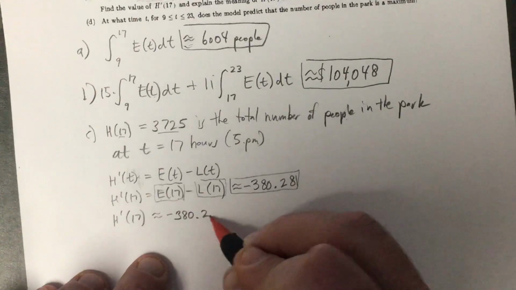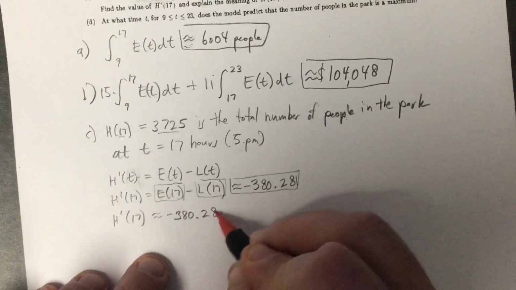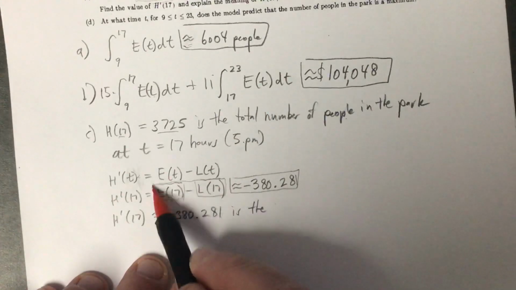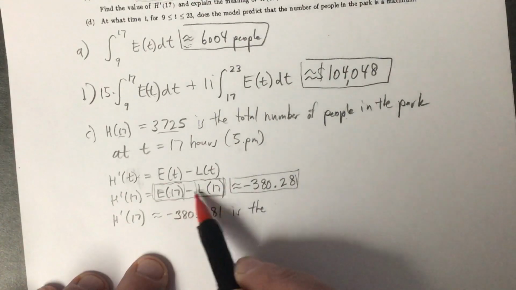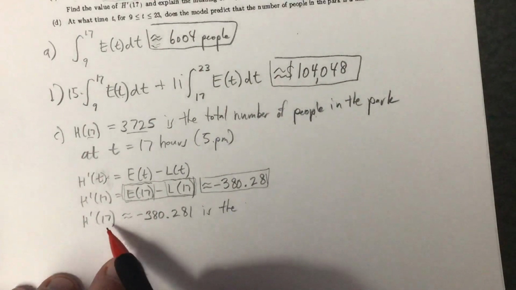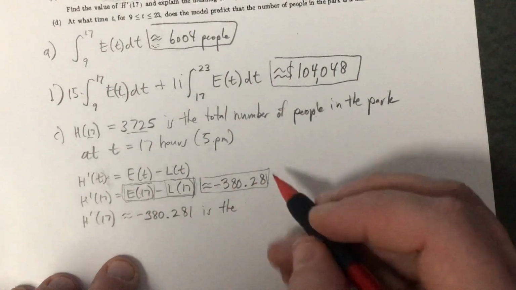Is approximately negative 380.281. So this is the rate of people entering minus the rate of people leaving. So this is like the overall rate of change of people in the park. So h prime of 17 is the rate